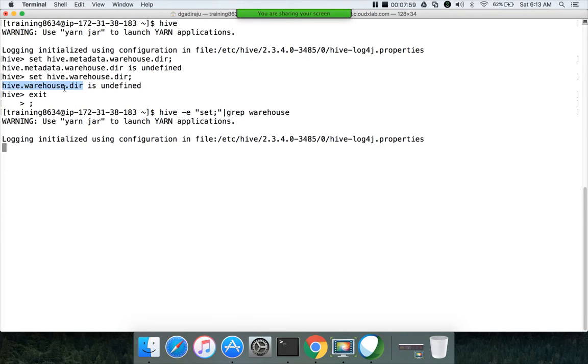And the relevance of this very important parameter I will explain very quickly. So it is hive metastore warehouse. Sorry, I typed metadata, that's why it didn't work.